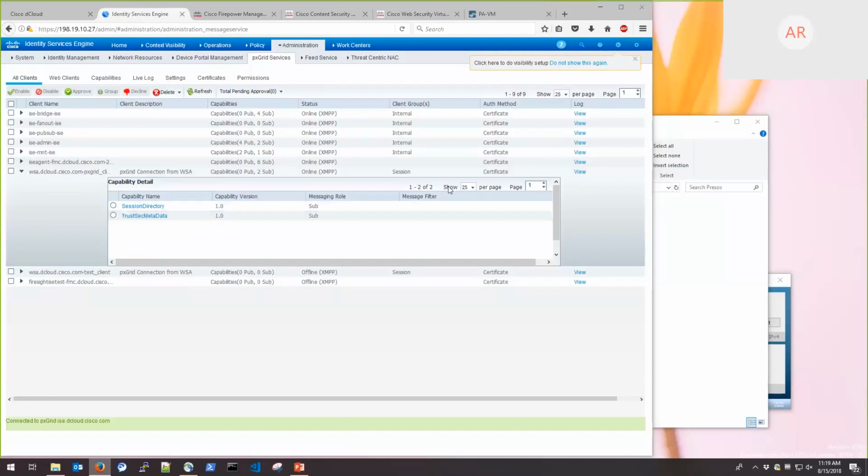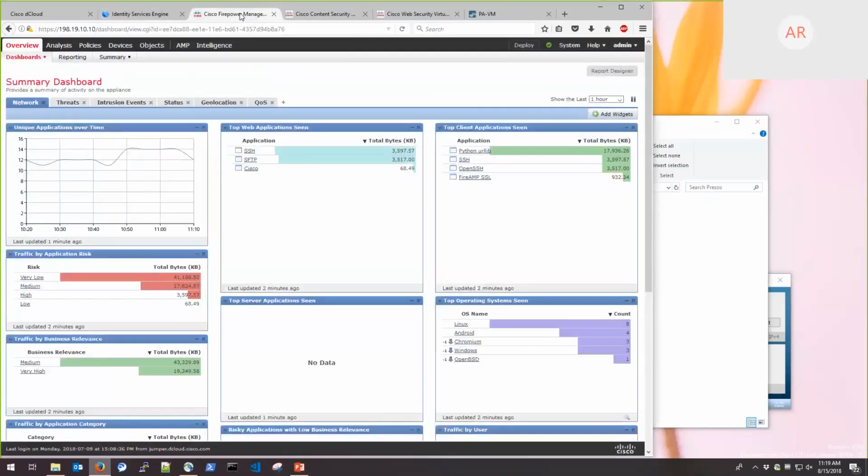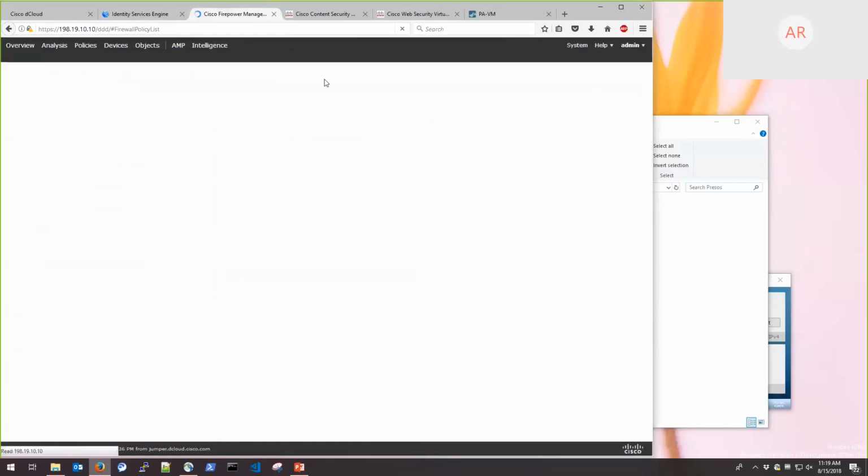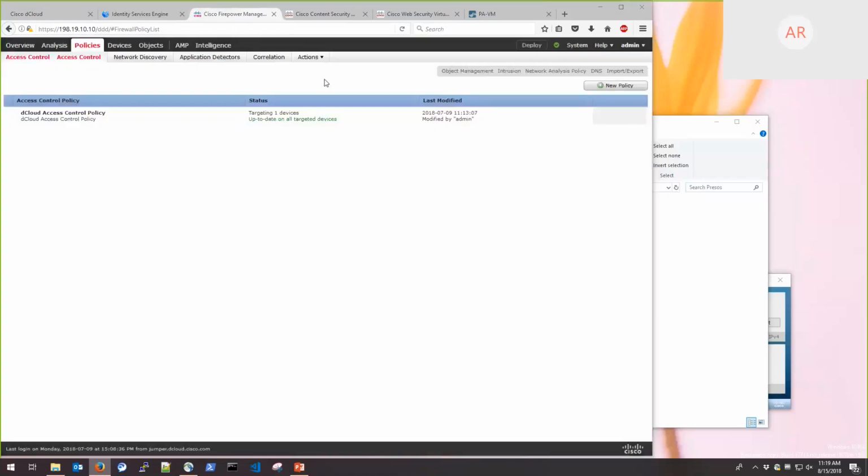There's the idea. So what does the policy look like? What can we do with some of the stuff? So let's hop over to Firepower first. And let's create an access control policy. Actually, there is already one here, but we'll add some rules to it, and we'll maybe use some of our tags here, right? So say I want to create a rule that says I'm going to allow a BYOD to